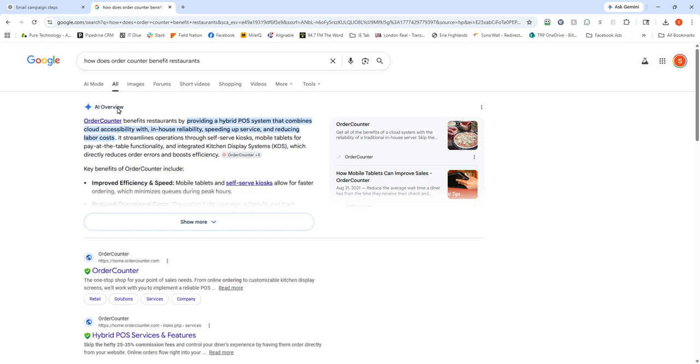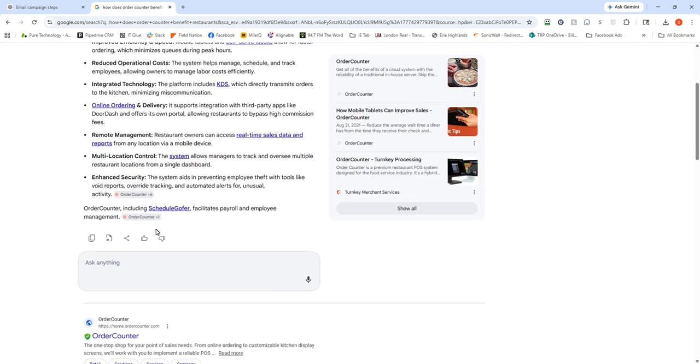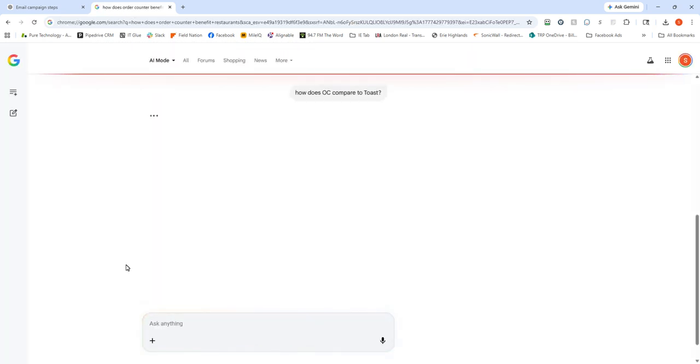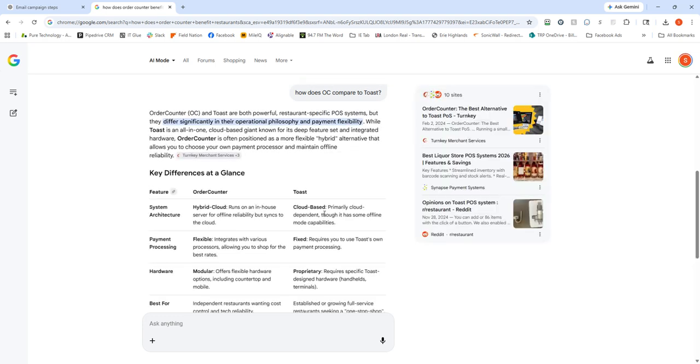But you'll see the very first thing that I get is an AI overview. So it automatically went out to the AI, gave me some information. But now if I click on show more, I can see all of this and I can start asking it for a little bit more information. So now I can say, how does OC compare to Toast? And now it will take me into the AI mode, and I'm talking to Google's AI, and I can literally build,